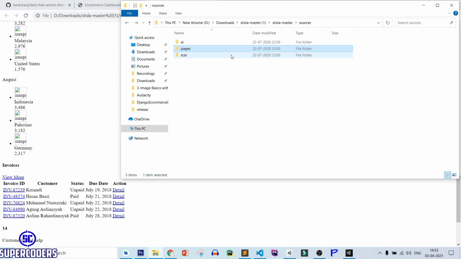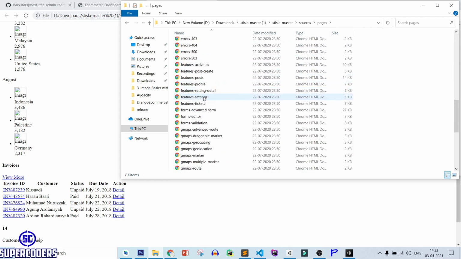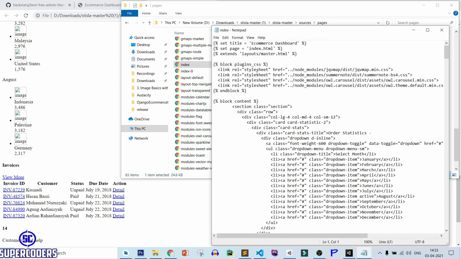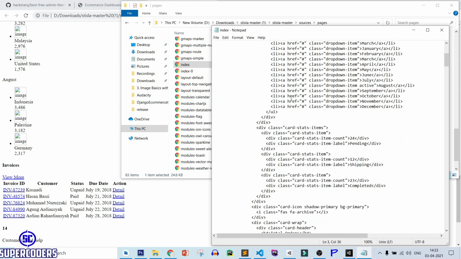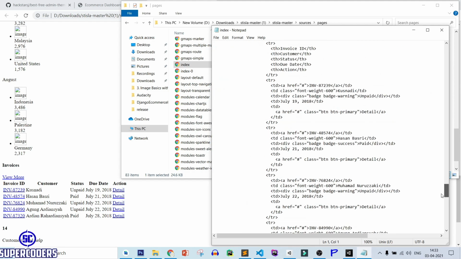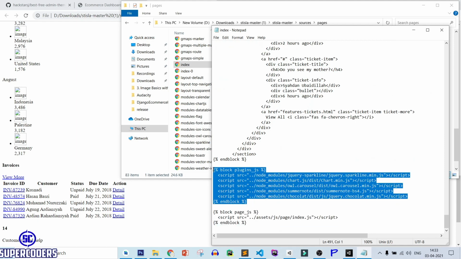So let's see. Open the page, click on index, open with Notepad, and here you can see it is using the default Django style for using templates.